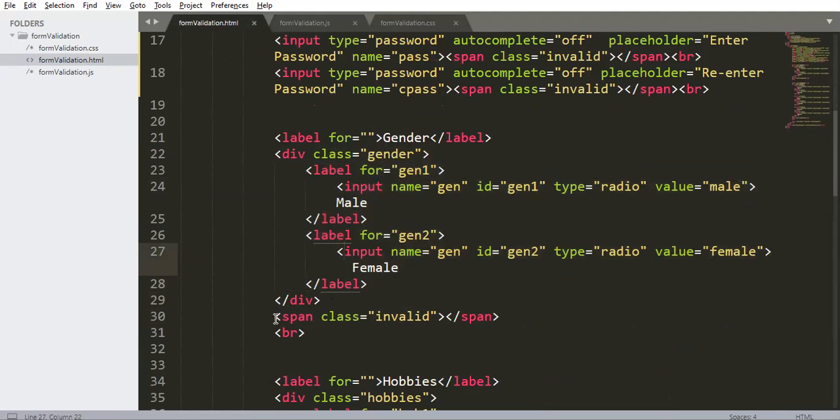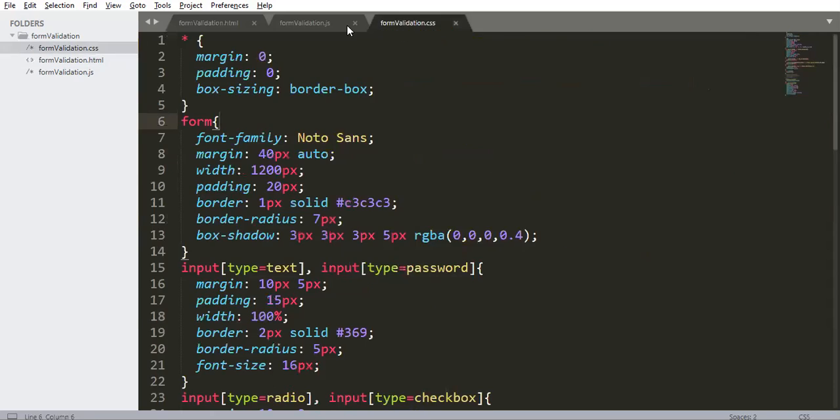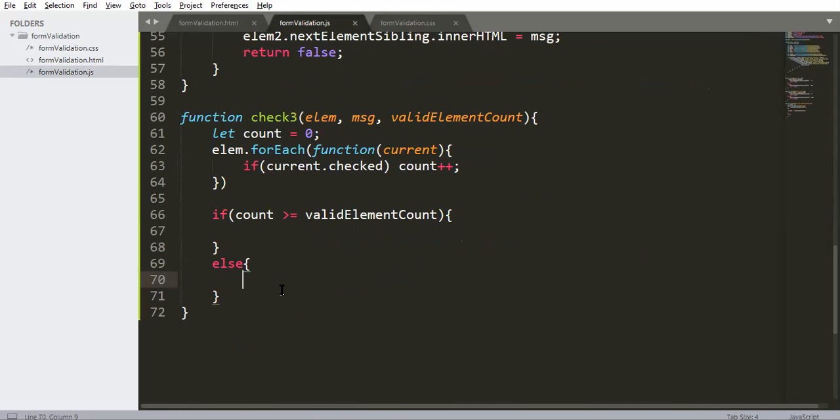So I have to access this span in JavaScript. This is placed after the parent tag of this input. So how to get it? Element, I will use the 0th index because in element I am getting a collection of the radio buttons. I need to get the first radio button or the second radio button. That's why I'm using the index here. Element 0 dot